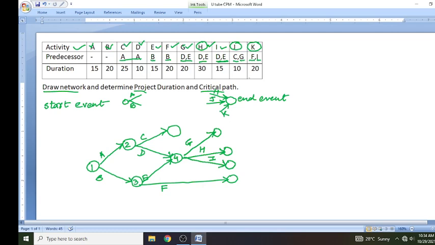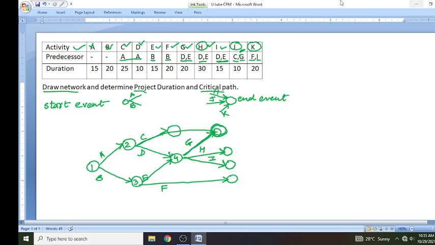Okay, then after I comes J. J is dependent on both C and G. So we need to combine C and G. Here I can see G is here, and C we can combine here, into a single arrow.